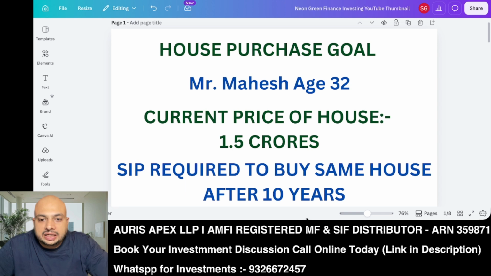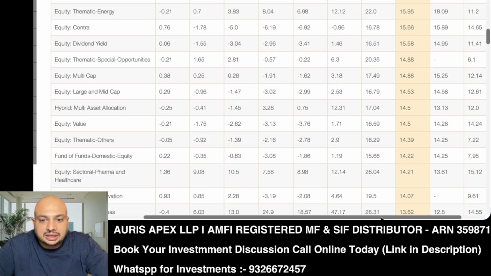So, for 10 years, typically we are going to invest all of this money in equity, and because the person is also a very disciplined investor, he has said that he will stay invested for 10 years without redemption. So in this scenario, we said that we will look at an equity fund wherein we will invest in top 3 ranking multi-cap funds. Okay.